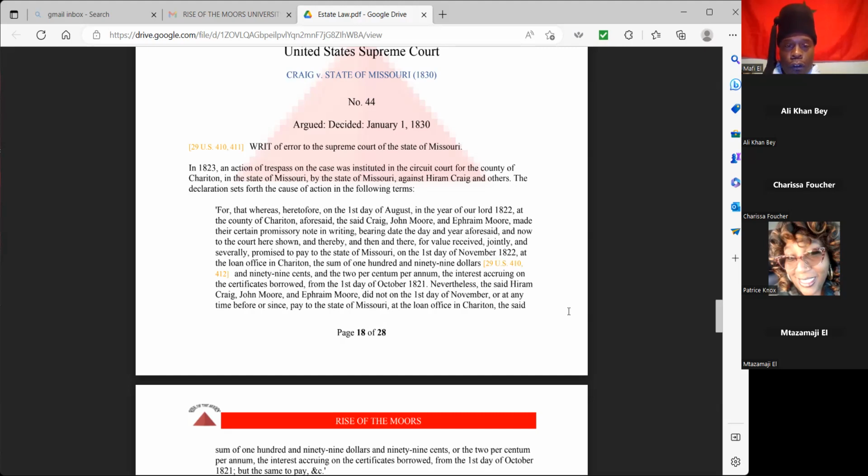End quote. For whereas heretofore on the first day of August in the year of our Lord 1822, these are transcripts of the case, at the county of Chariton, aforesaid, the said Craig, John Moore and Ephraim Moore made their certain promissory note in writing, bearing the date and year aforesaid. And now to the court here shown, and thereby, and then and there for value received, jointly and severally, promised to pay to the state of Missouri on the first day of November 1822 at the loan office of Chariton the sum of